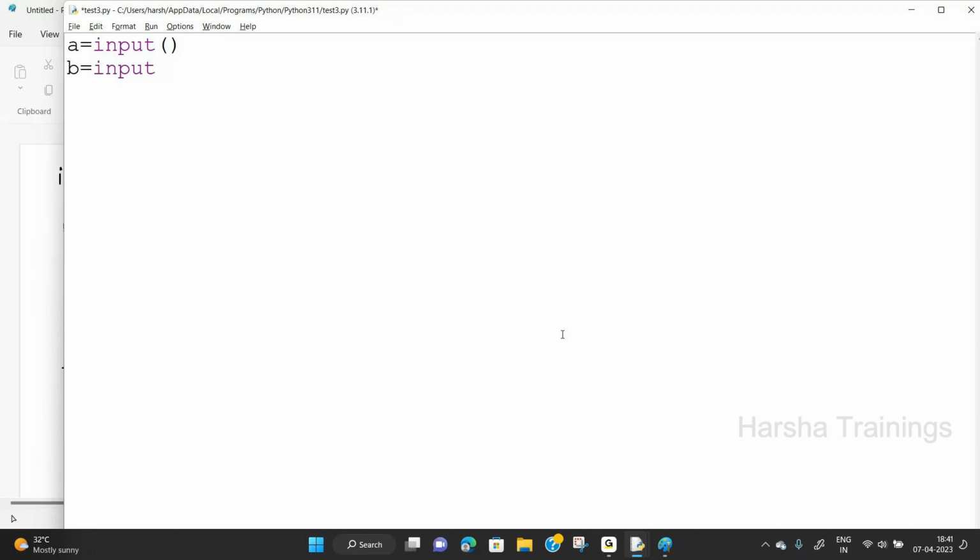So a is equal to input(). Whenever this statement is executed, what happens? The system asks the user, please enter one value. Whatever value we enter is stored under a. Now completed. And whenever this statement is executed, again the system asks the user, please enter one value. Whatever value you entered is stored in b. Now print